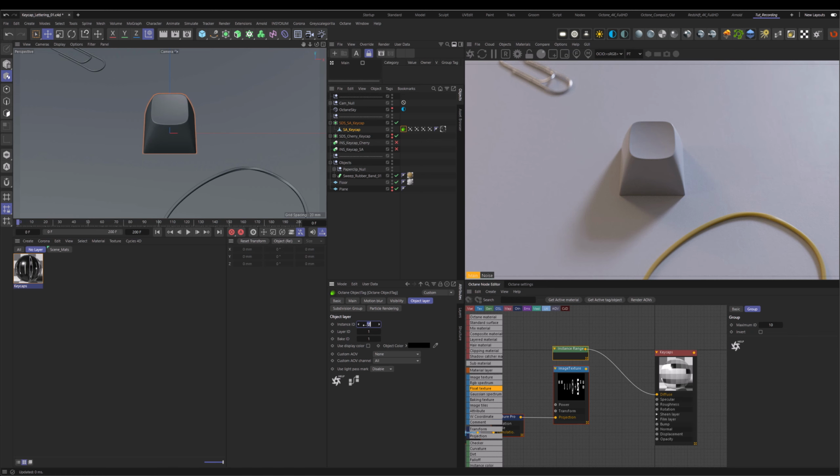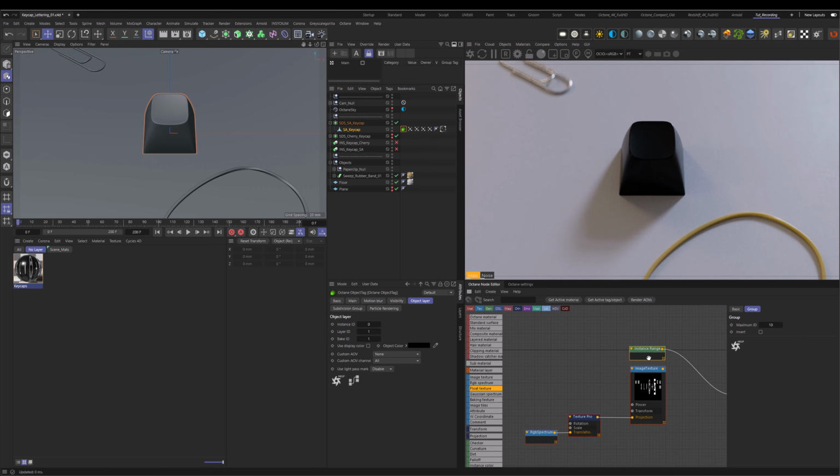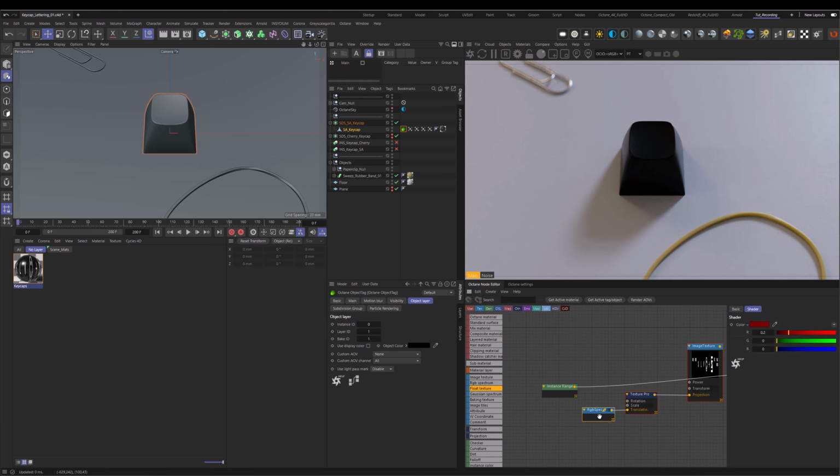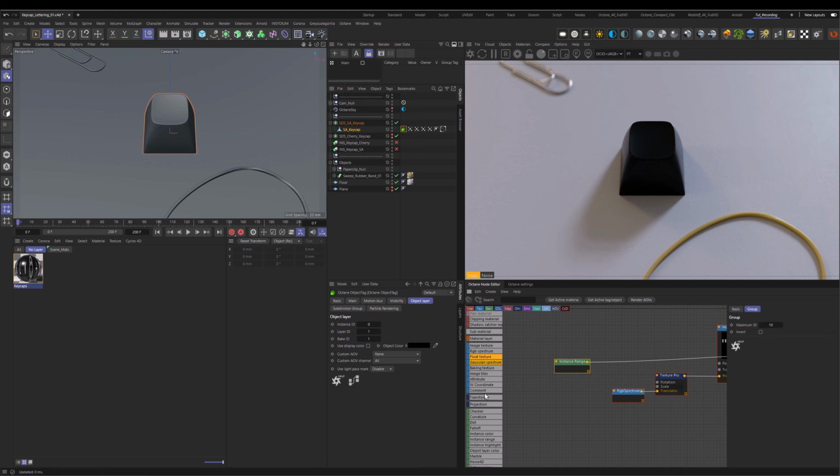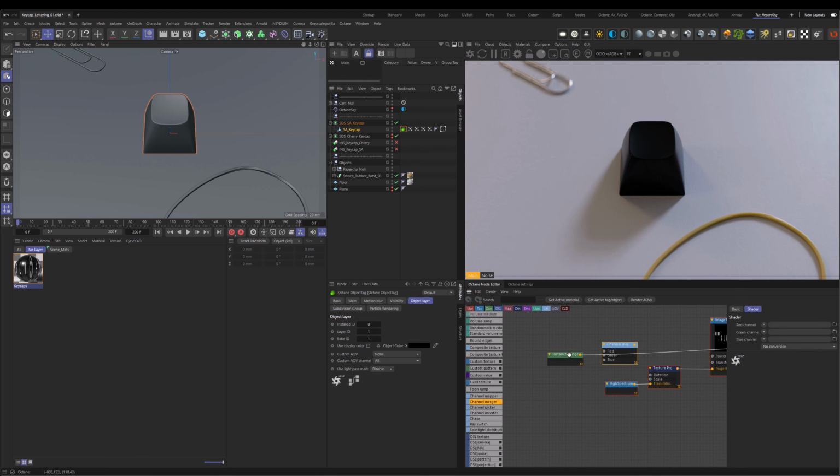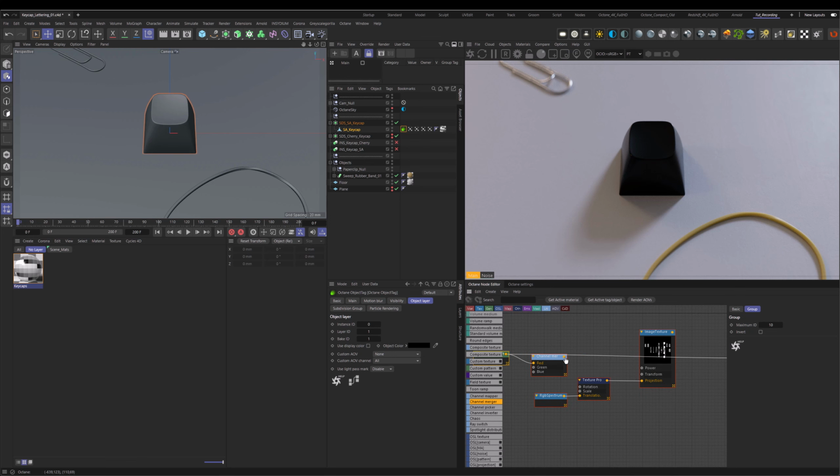Let me get back to 0 and then figure out a way how we just deliver the red channel to our translation here. Since we don't want to also use the V channel for our UV coordinates, we are just interested in translating the U coordinates. So to do that, we actually have to scroll down here or find the channel merger in our tab menu. So here we go, we can just plug that into the red channel